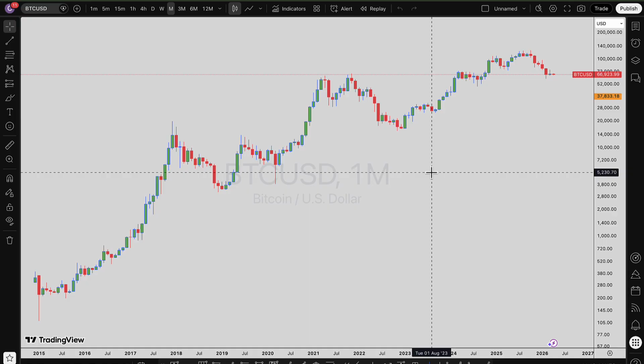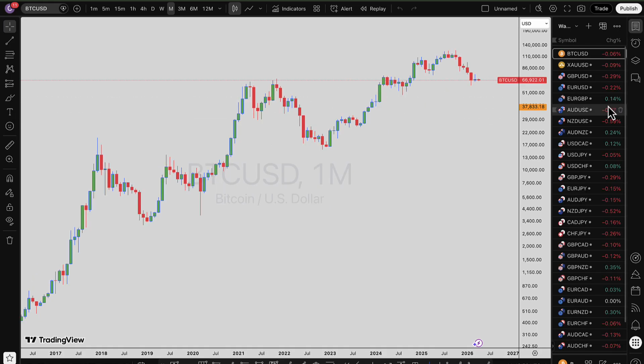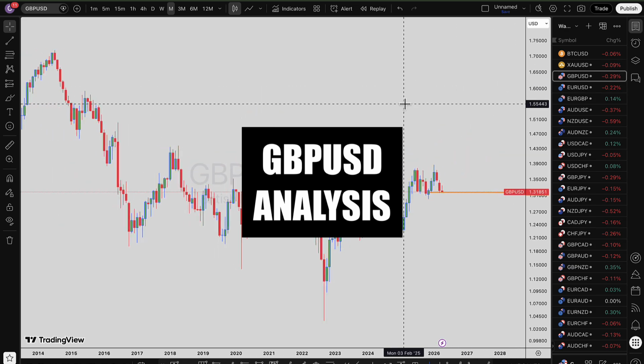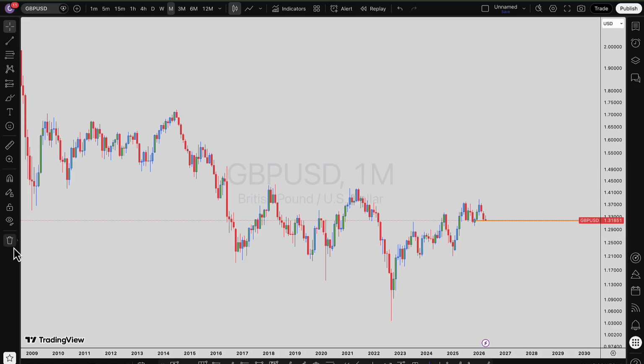I have the Forex crypto market, and this weekly Forex forecast is for the 6th to 10th of April 2026. So the first asset on our list is the GBPUSD, that is the Great Britain pound sterling. I am going to wipe out this chart so that we can start afresh to mark our key